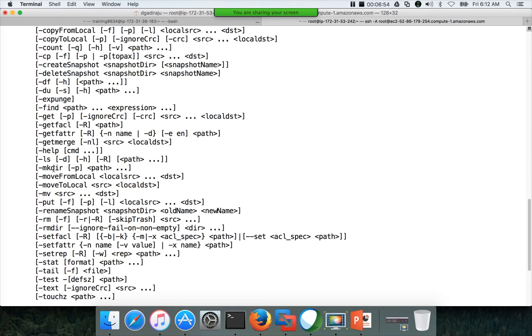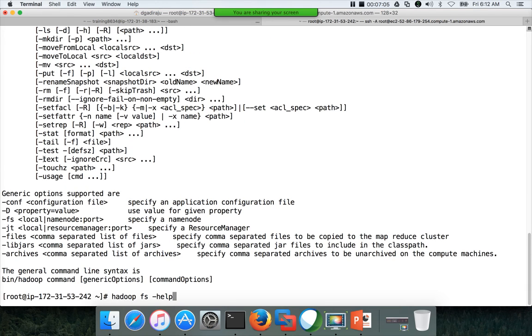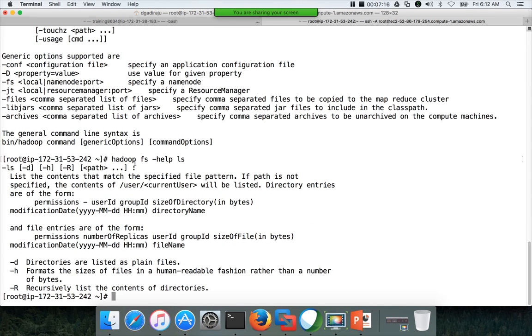In this case, first we have to understand how to list the files. As in Linux, ls is the command within Hadoop fs to list the files, but the way you run ls on HDFS is by using hadoop fs. Here you can give hadoop fs -help ls, and it will show you how to use it. So hadoop fs -ls: -d for directories, -h for human readable format, -R for recursive to recursively show the details.